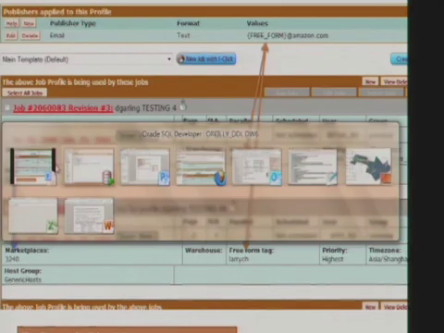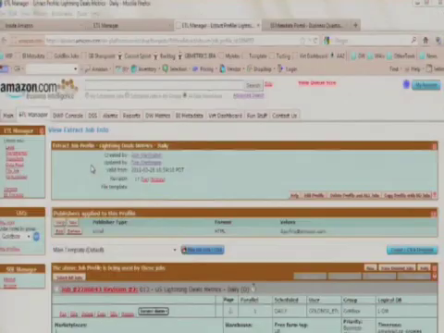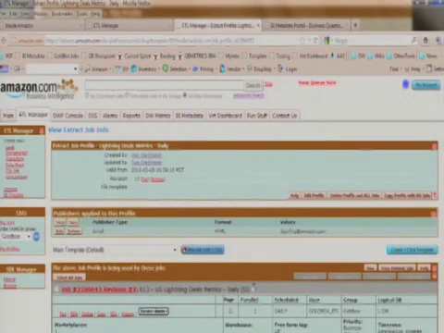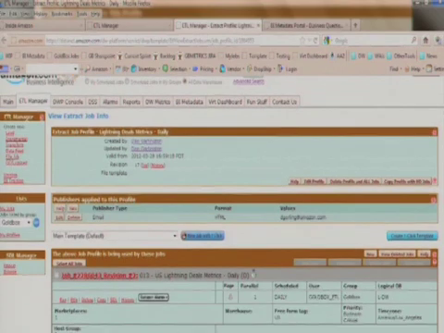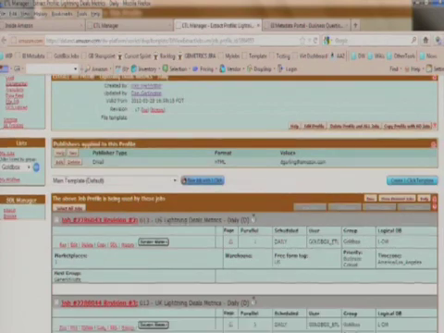So here's an example of that. You'll see it's one profile. It's lightning deals metrics for every day. And well, I haven't done it yet, but the email will use the freeform tag wildcard, and so it'll plug that into an email address. And you'll see I've set marketplace ID and I've set the freeform tag. In this case, I've used the 2-letter code for each country because that's what I want to throw into the,